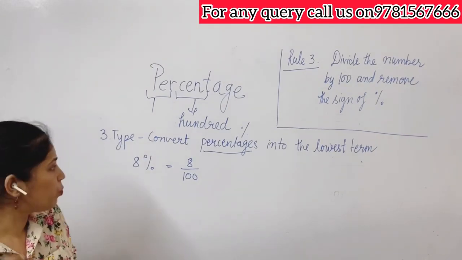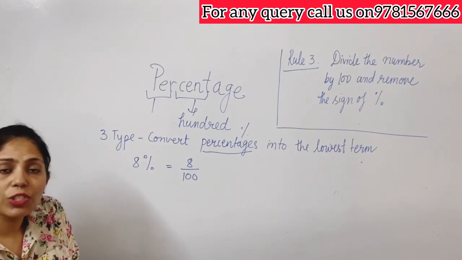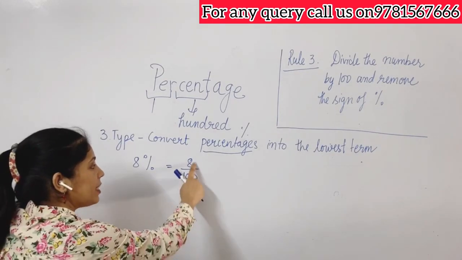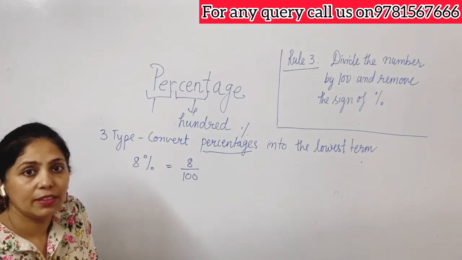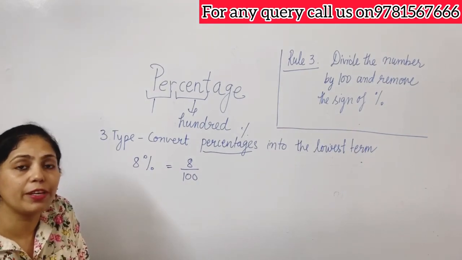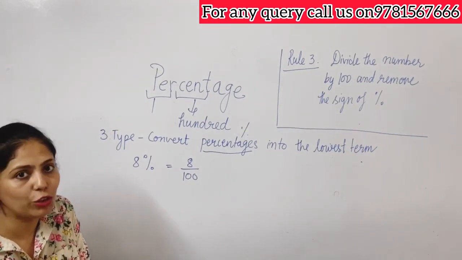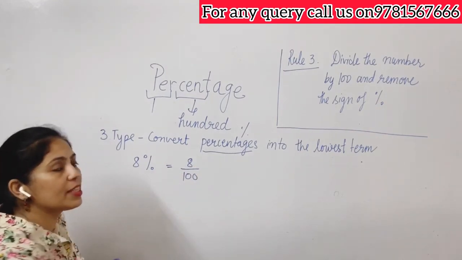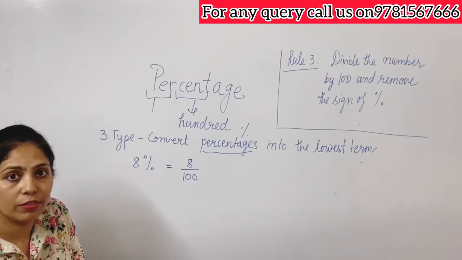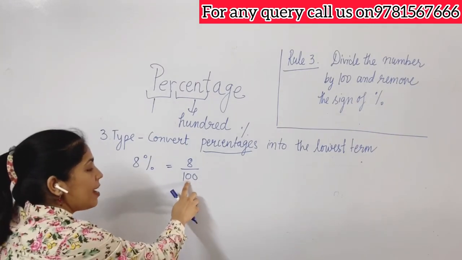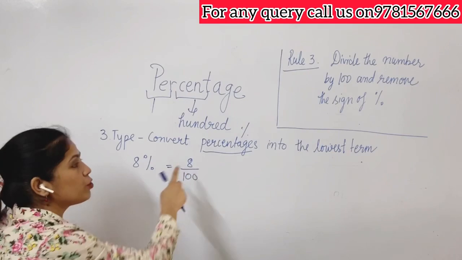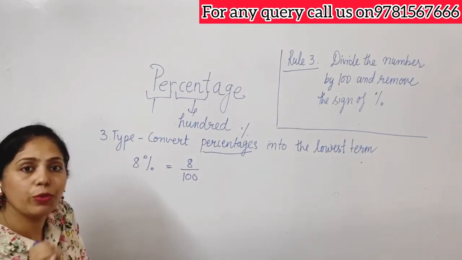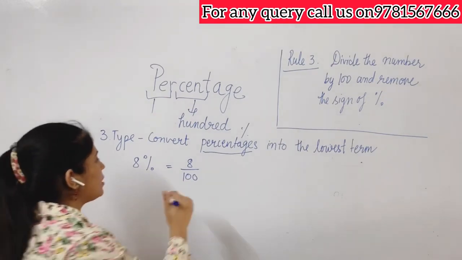Which numbers can be divided by 2, which numbers can be divided by 3? So what is the rule? If the last digit is an even number, then the number is divisible by 2, right? And if the last two digits are divisible by 4, or there are two zeros at the end, it is divisible by 4, and 8 is also divisible by 4. So it is your choice whether you want to divide it by 2 or 4. Okay, so let's do it.